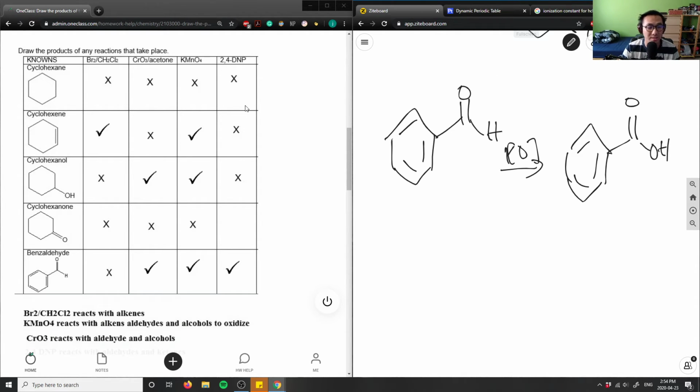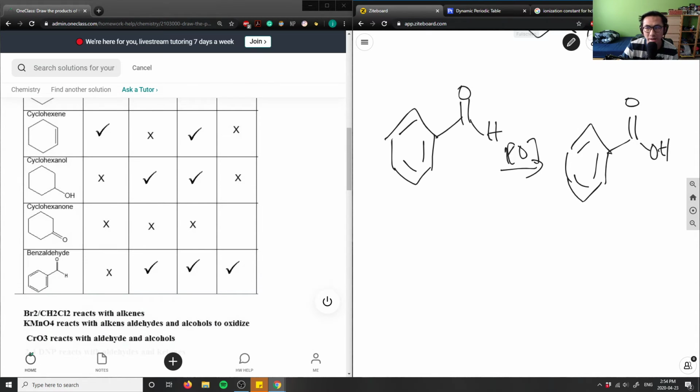I even took it a step further, and I actually wrote out the products. Again, no reactions for alkanes like stated before. Br2, again, will definitely add to the double bond, like Br here and Br here. KMnO4 would react with the cyclohexene